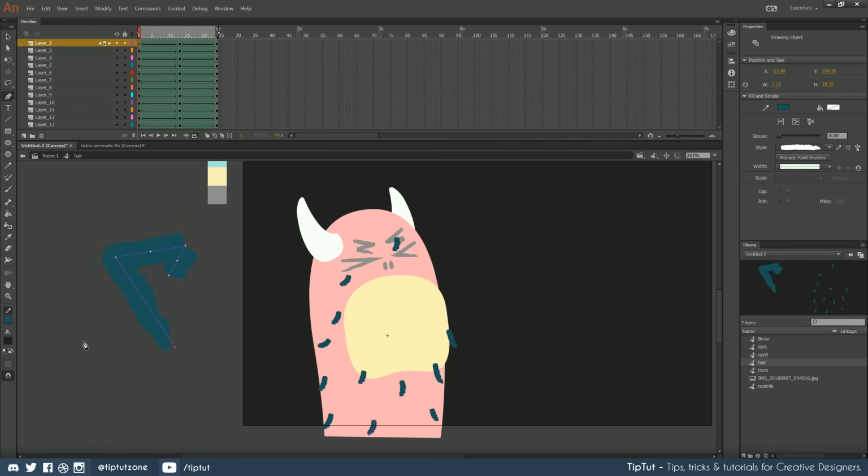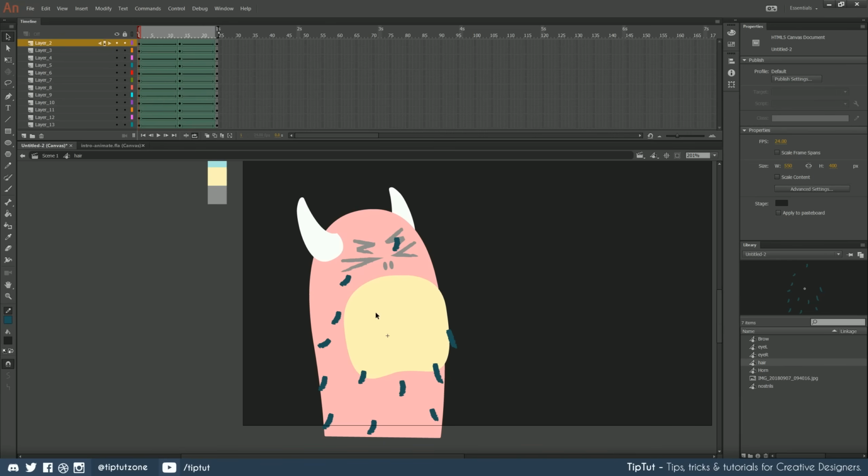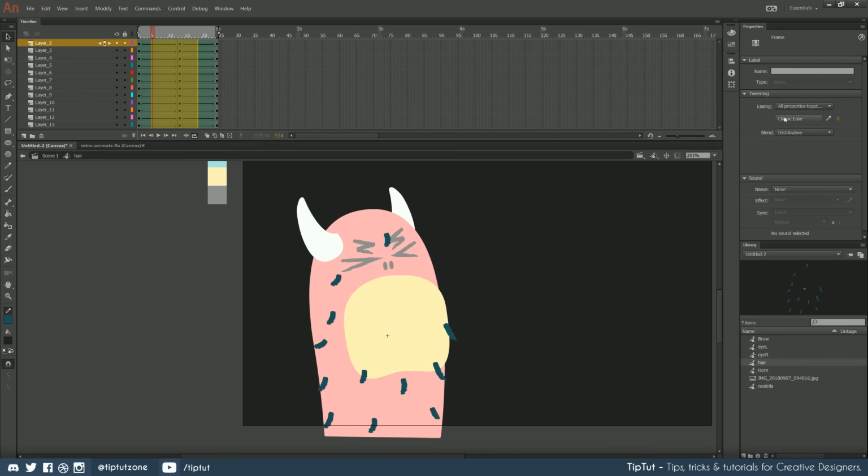here. This is because these vector brushes are so detailed that, by the very nature of vector, it sort of re-renders them each time you add a new point, and that can create some unexpected effects like these little gaps here. Because these are quite simple, we got away with it. If it was more complicated, we may have some unexpected effects as we tweened between these. But we're very lucky, we got away with it. Let's grab all these and add in our easing like we did before. Ease in, out, cubic.